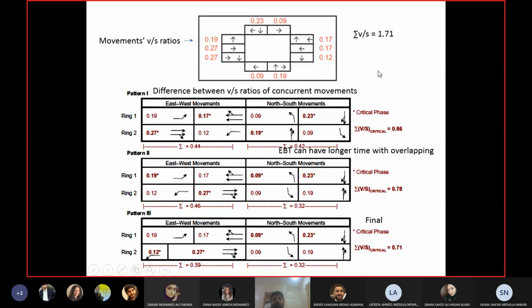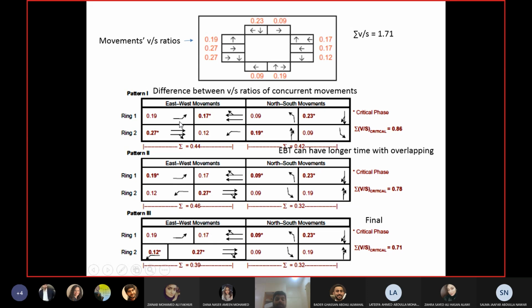Okay, so for example, if you go that for each lane group I will give a separate phase, that means you will end up having a summation of V by S ratio more than 1.7. So I told you earlier, more than one summation of V by S means no possible signal timing. Okay, so we cannot give a phase for each lane group, and this is not the case. You know, some groups are combined together in one phase. So they have given you three different signal phasing plans here. Okay, and they are given in order: pattern 1, pattern 2, pattern 3.